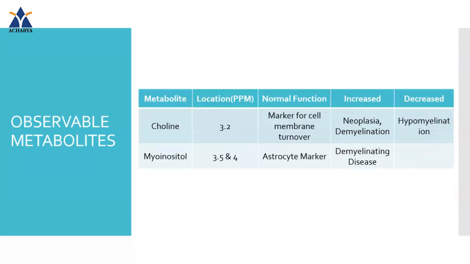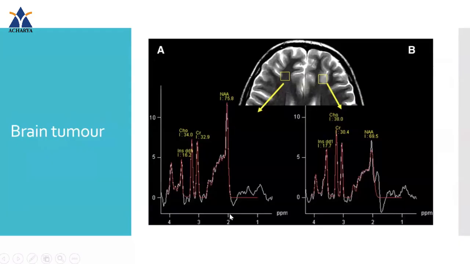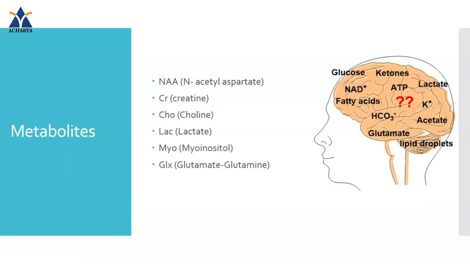So you have to memorize the location of these metabolites on the spectrum. This horizontal axis is showing the ppm 1, 2, 3, 4. According to this ppm, each peak shows different metabolites. So at 2.02, NAA is visible. It is the neuronal marker. So NAA represents the neural health of the brain,